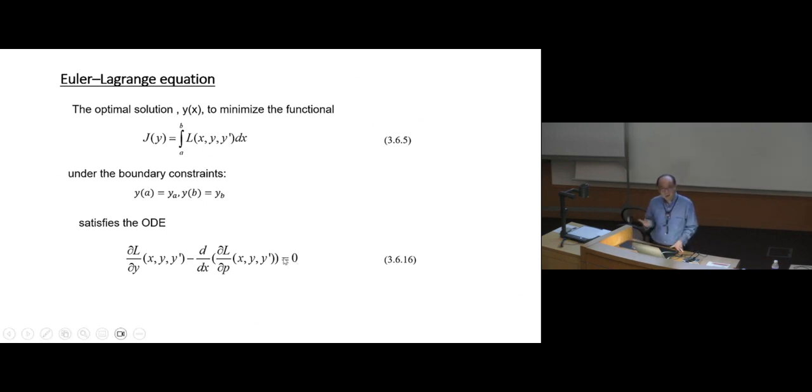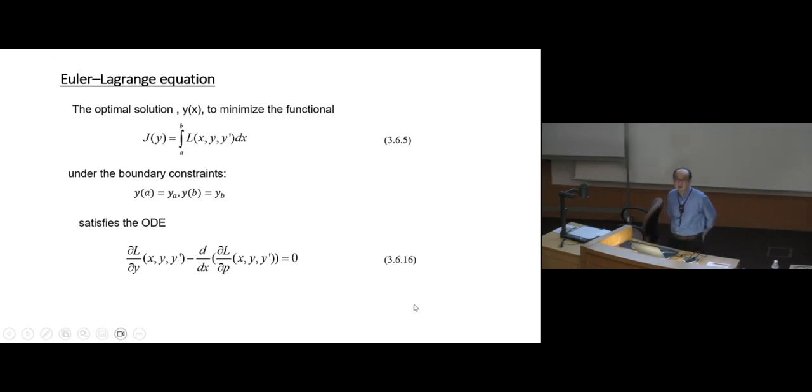Okay, so eventually, it is not a partial differential equation. It is just an ordinary differential equation. The solution is a function of one variable. We say a partial differential equation when our solution is a function of two variables. Okay? Is that clear?